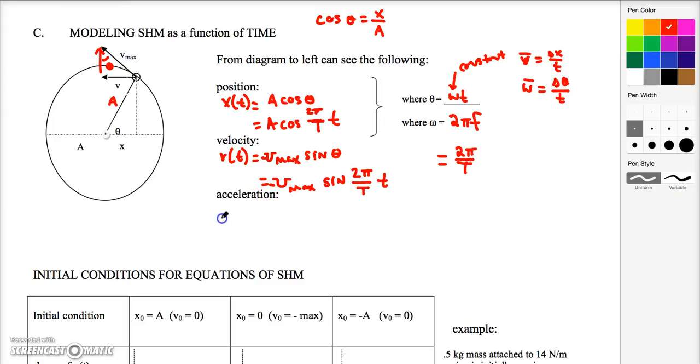And so before I run out of time here, I'm just going to write down what the acceleration vector is. The acceleration vector is also negative because it's accelerating that way to pick up speed. And so acceleration, if you recall, well, here, minus k over m A cosine of 2